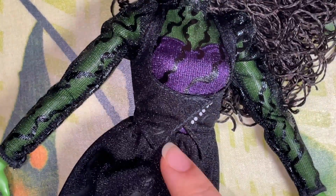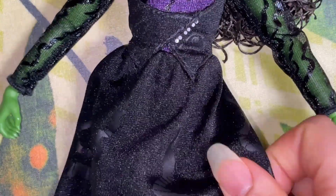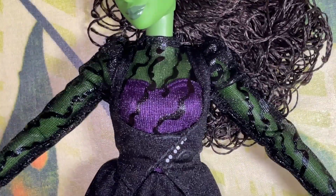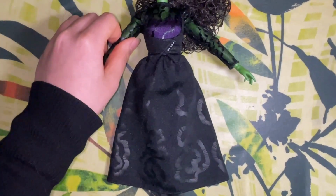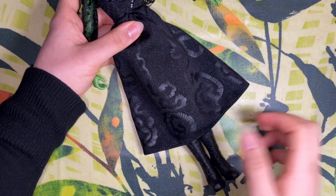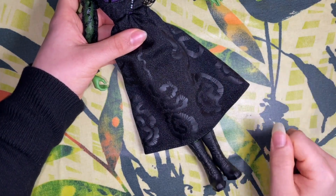So I guess this is like her vest, right? I'm not sure, but it looks really nice. And then we even have some printed details here with buttons and swirls. And then the actual skirt does have some details at the bottom with some swirls. Again, I'm pretty sure that in a costume design video for the actual movie, the designer Paul mentioned that they were pulling from a lot of actual nature themes for Elphaba's outfits, like mushrooms and fungi, and moss. So I'm pretty sure that these prints and designs are taking inspiration from those same elements,